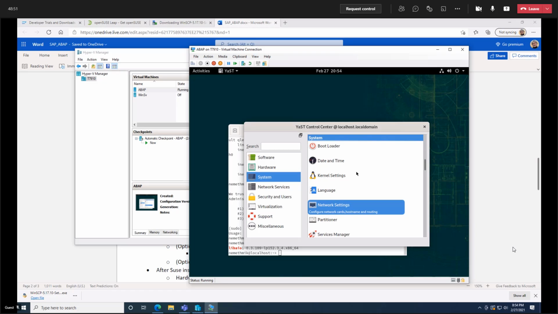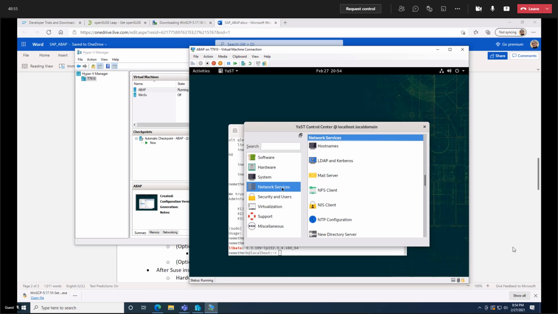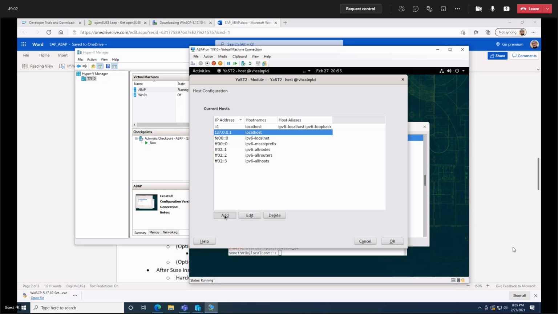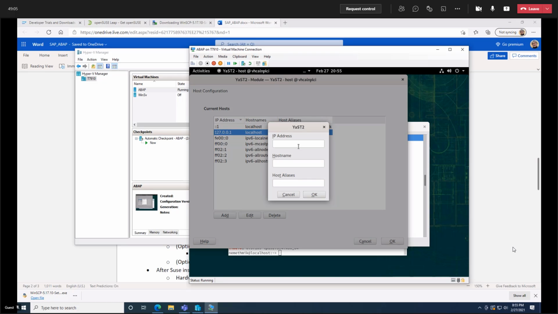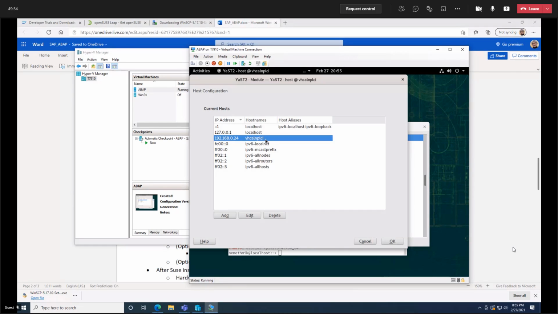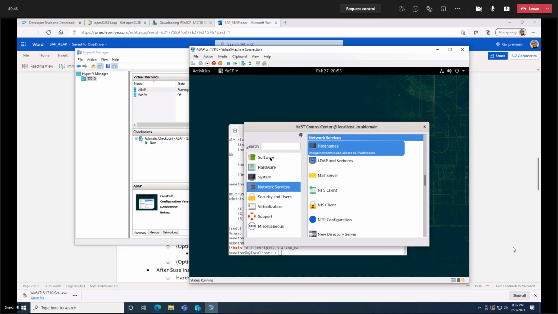After we have this, in the network services and the host names, let's add the IP address 192.168.0.24 and just enter this VHCALNPLCI name like so, and then okay. And in the software part,